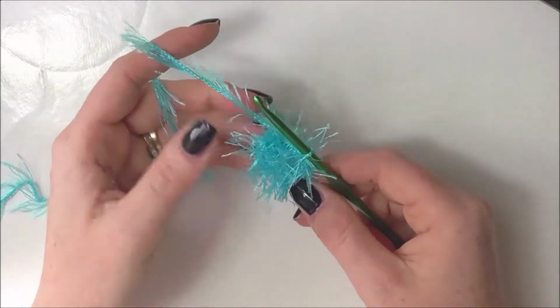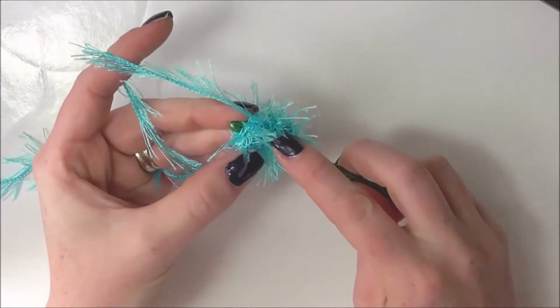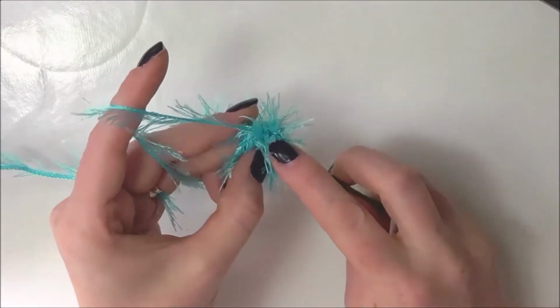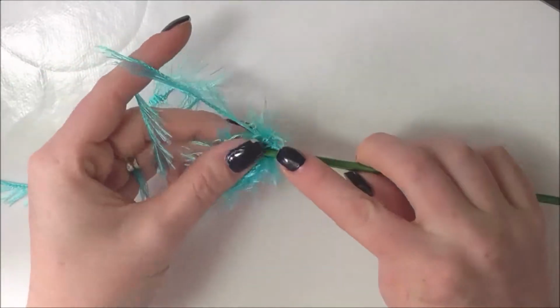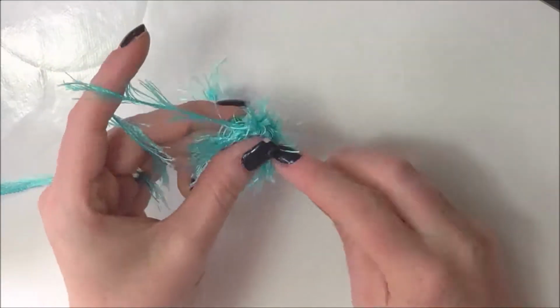That's our 10 single crochets, and now we're going to increase to 20, so I'm going to do 2 single crochets into each of the stitches that we've just created. So that's 1 and 2, 3 and 4, 5 and 6, 7 and 8,